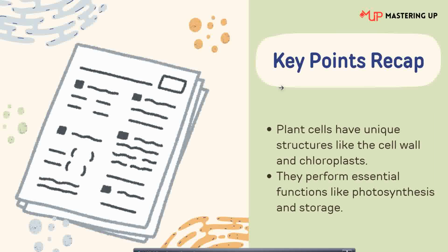Now let's look at what we studied, the key points to recap about this whole presentation. First, plant cells have a unique structure, like cell wall and chloroplast. I already told you in a chart, there are different structures that are present only in plant cells and absent in animal cell. Also, there is a difference in the structural form of some organelles like vacuole in plant and animal cells. They perform functions like photosynthesis and storage. Some of those organelles help in performing photosynthesis, and they store, transport, etc. Okay, so that was all with